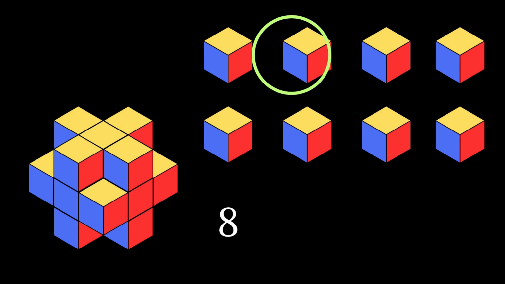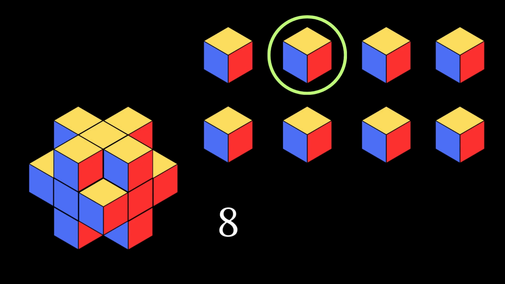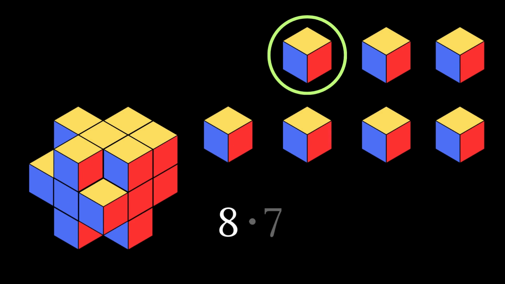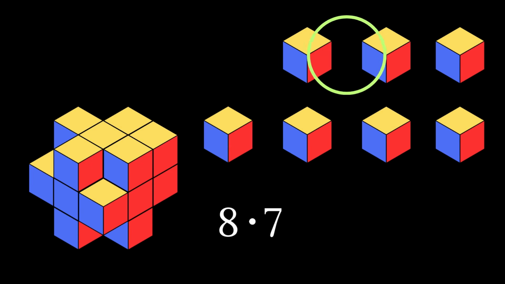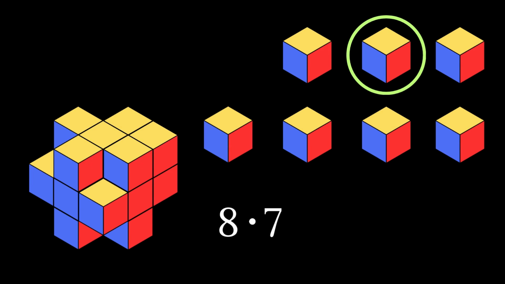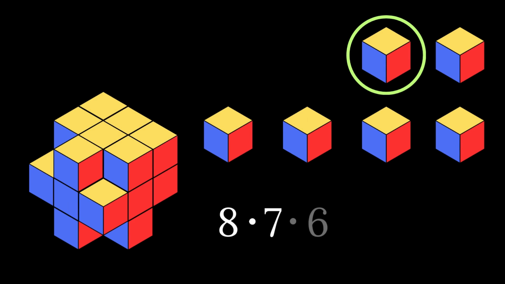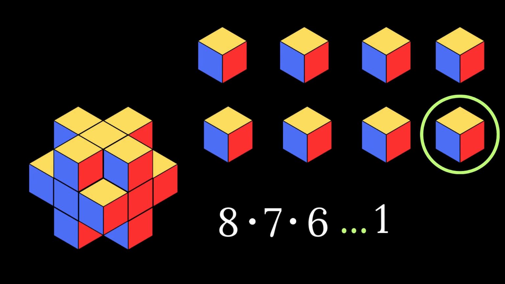yet. The second corner piece now has 7 slots it can go into, since one corner is always going to be taken up by the first piece we placed. Similarly, the third piece has 6 slots that it can go into, because the first 2 pieces already took up 2 slots. This goes on and on until we have only one piece that has 1 slot that it can go into. Multiplying all the consecutive natural numbers from 1 to 8 is represented as 8 factorial, or 8 followed